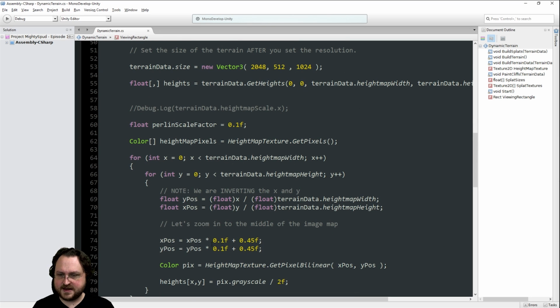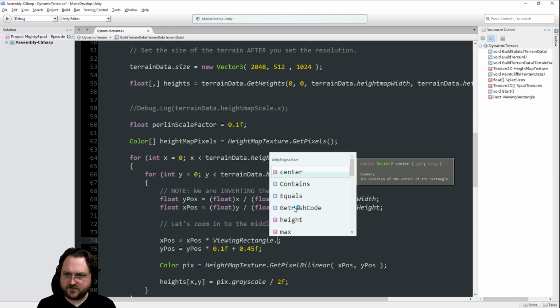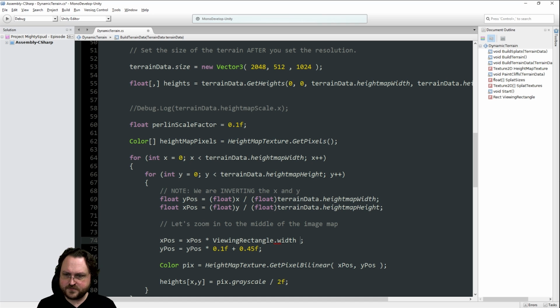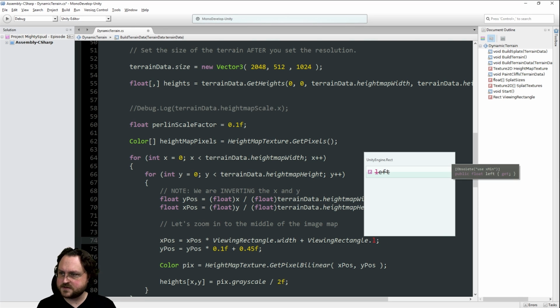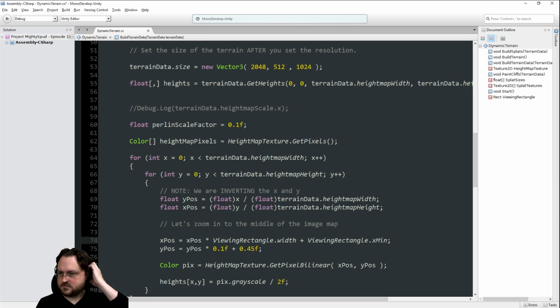But for now, if we do that, and then here we say something like this modified by width plus this by left. Left is crossed out. What are we supposed to use instead? xMin. Really?